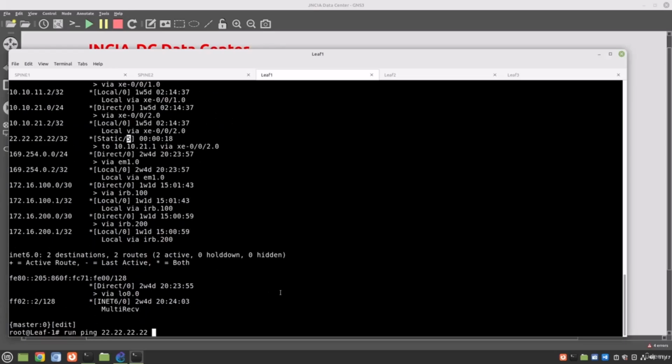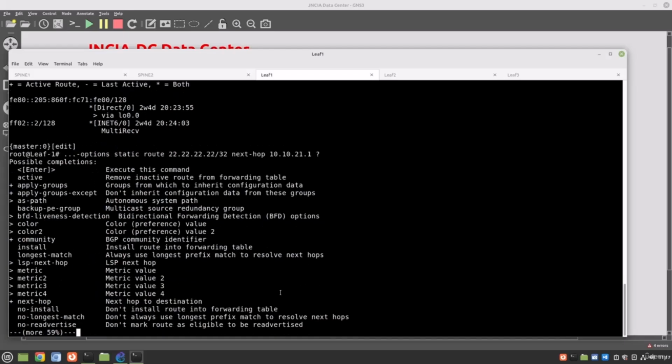So let's go back to our static route configuration. You see here where we've done our set routing-options static route 22.22.22.22/32, the next hop. If we do a question mark, now we have a lot more options here. We can attribute colors to these. So if you're doing things like in MPLS, and you're doing some CSPF, and you're using colors for your interfaces,